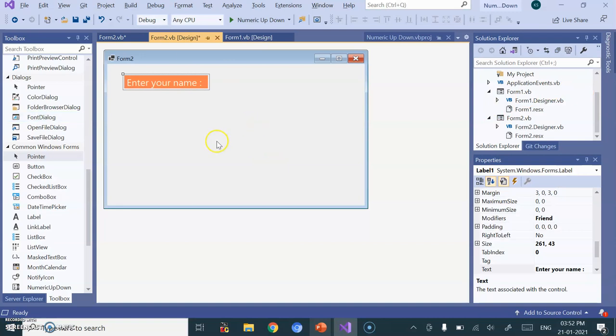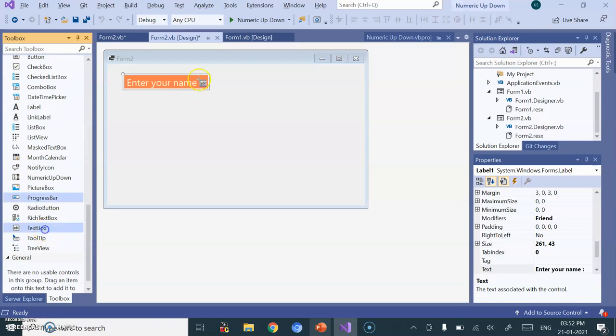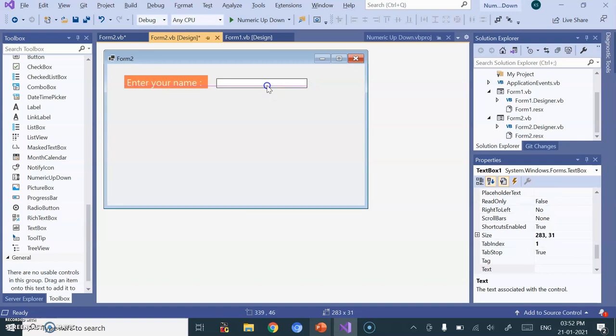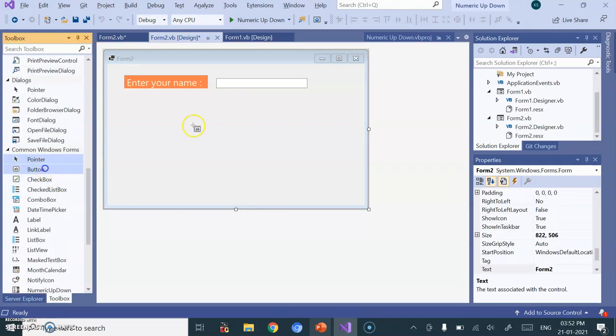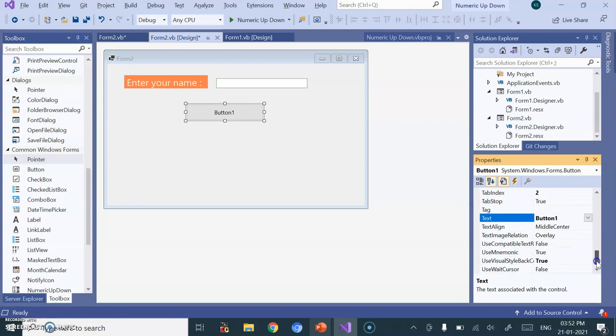Now let's continue with the previous example. Here we have one label, and let me take one text box. Let's say here I want to enter the name, and then I want a button. So this is the button, and here we have multiple properties. Many properties are there, you can explore them.